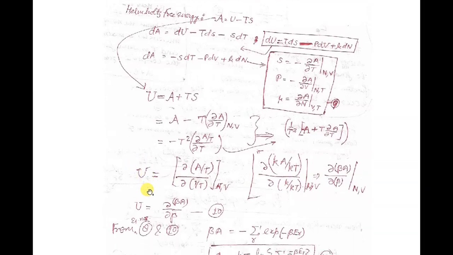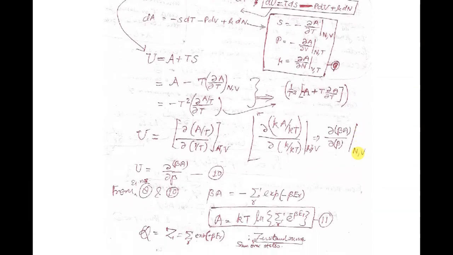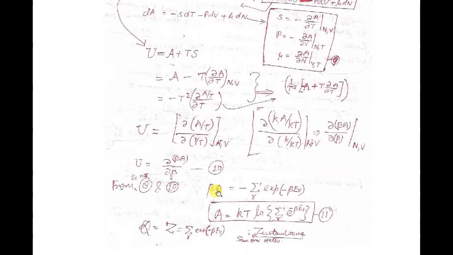So this equation is equation number 10. So you are writing the average energy of a reservoir in the form of equation number 10. You also have an equation for the average energy of a reservoir in relation 8. So you can compare 8 and 10 to get beta A, that is nothing but minus log of the sum over all possible R of exponential minus beta ER. So from there you have the Helmholtz free energy A, that is equal to minus kT.